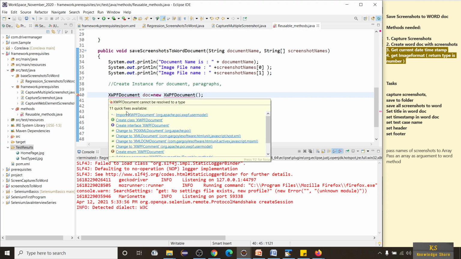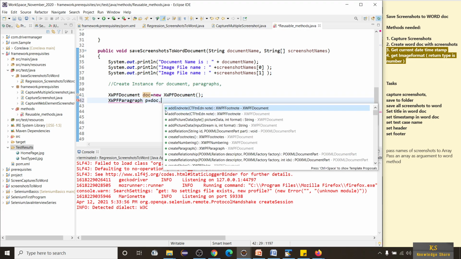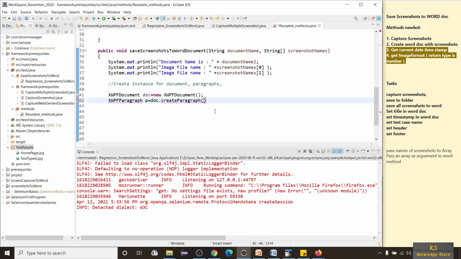Import this package. Next we are going to take a paragraph, XWPFParagraph, and I'm going to call it p. And doc dot create paragraph is the method you need to call. Import this.